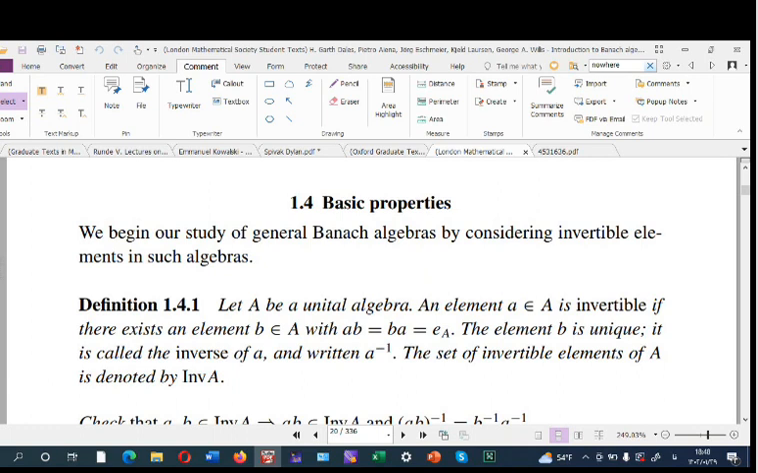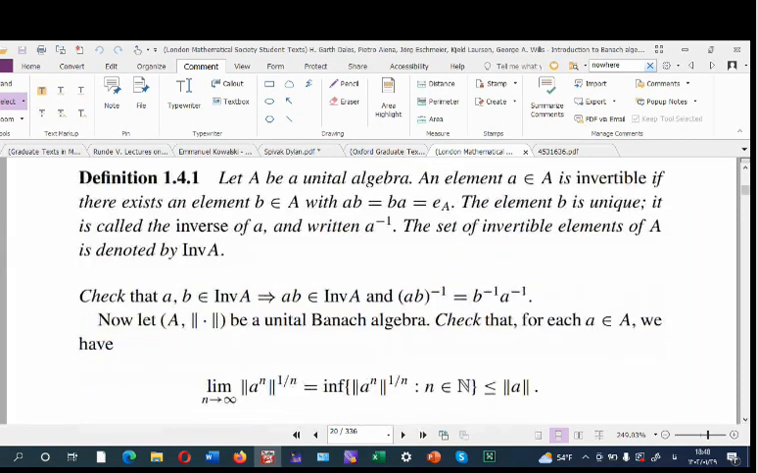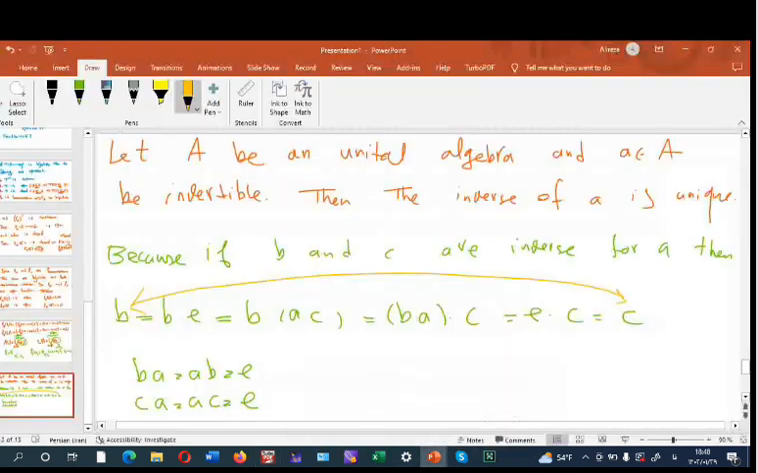And the set of all invertible elements of A is denoted by this notation in A. Check that if a and b belong to the set of all invertible elements of A, then ab is invertible too, and we have this equality, and this is trivial because